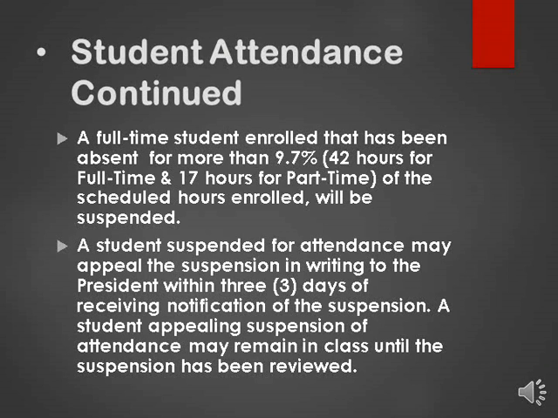Student attendance continued. A full-time student enrolled that has been absent for more than 9.7% of the scheduled hours enrolled will be suspended. So let's break this down. If you are a full-time student, this means that once you reach 42 absent hours, you will be referred for suspension. If you are a part-time evening program attendee, if you reach 17 hours of absenteeism, you will be suspended